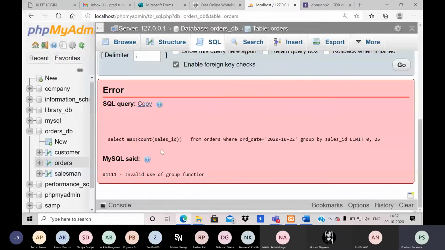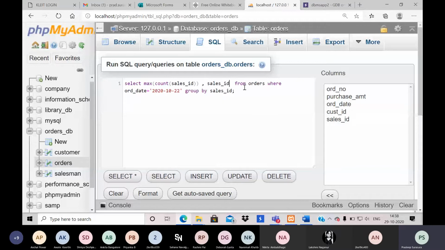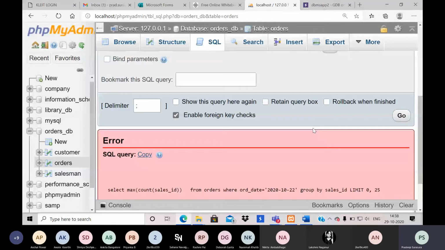Okay, here is actually the problem. So what if I write sales ID here and run? Uh-oh, still an error.